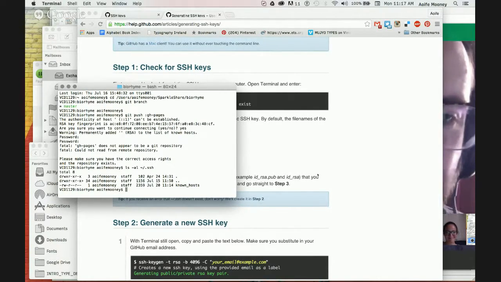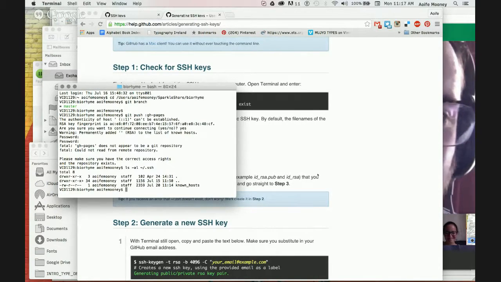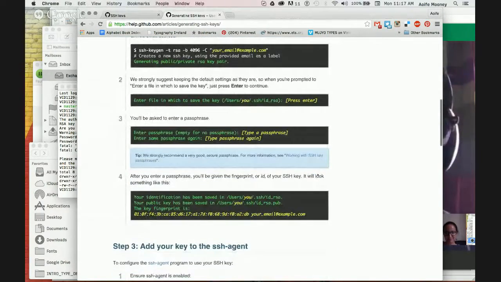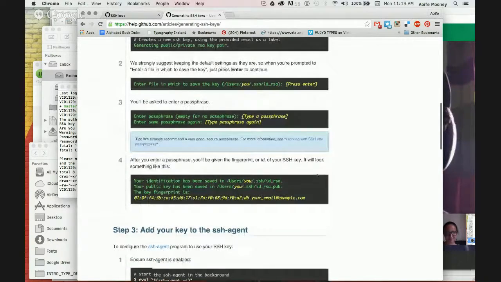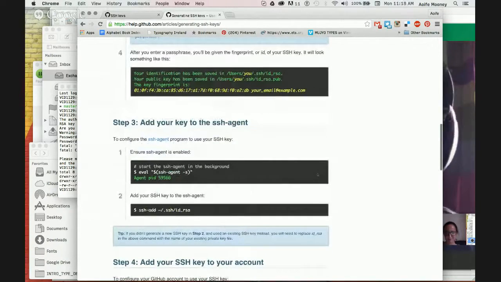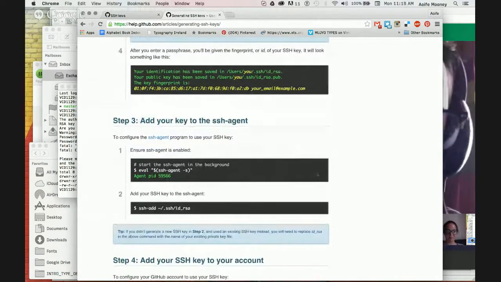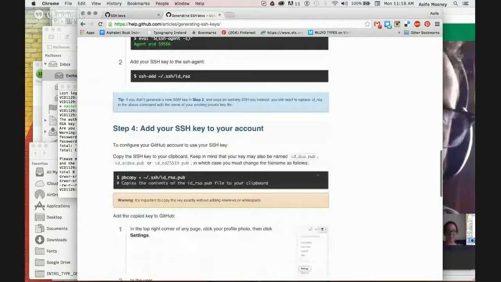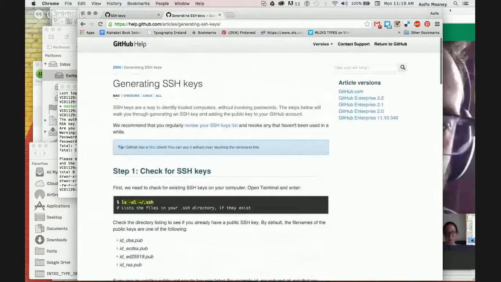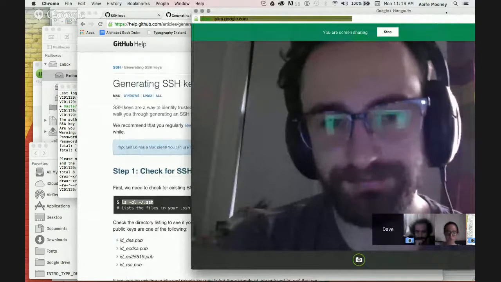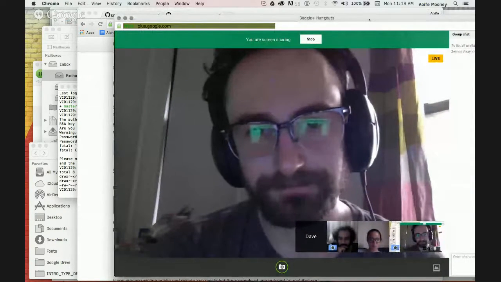Okay, good. All right. So basically just run through that 6-step process that's on the GitHub webpage. And what is this? This is probably a really stupid question. So SSH stands for secure shell, and a shell is another word for terminal, basically. And so